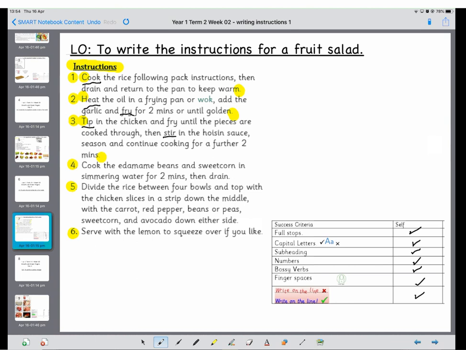Now, today you need to be thinking about the steps involved in making a fruit salad. So you will probably want to talk over each sentence with your grown-up, and if possible, having a go at actually doing the fruit salad or remembering what you did last week would be a really good way of doing it. Alternatively, you could get out play equipment and you could have a play at making the fruit salad. It's up to you. But whatever you do, what I'm hoping you'll end up with will be starting like this